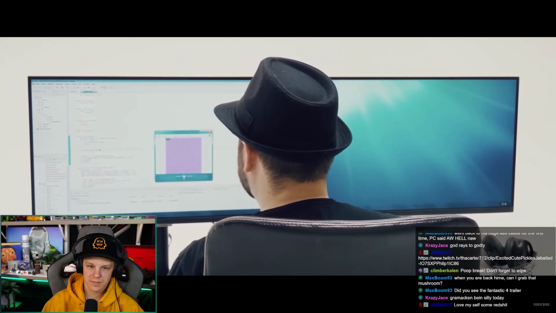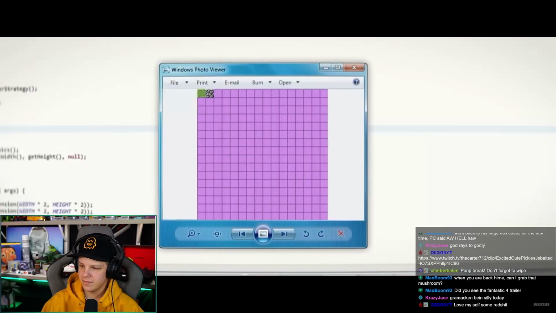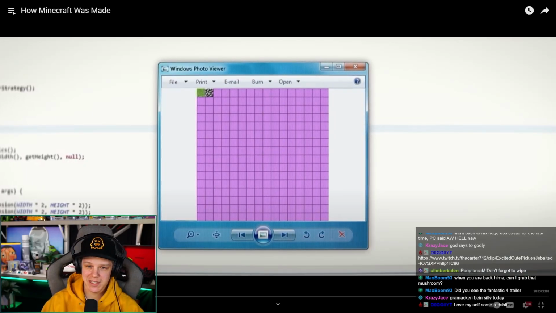Persson created a texture atlas, which is essentially one large image file that contains